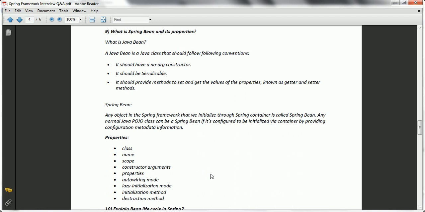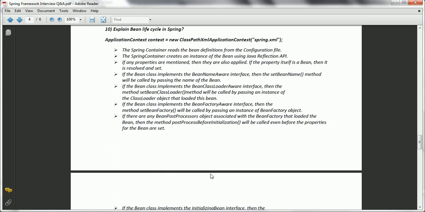And then the next question is, explain the bean life cycle in Spring. Now so far we have seen Spring Container and we have seen the properties of the bean. Now we need to understand how a bean exactly has its life cycle, from the creation till it is destroyed. Now as we know, application context is the container. Now this container is going to